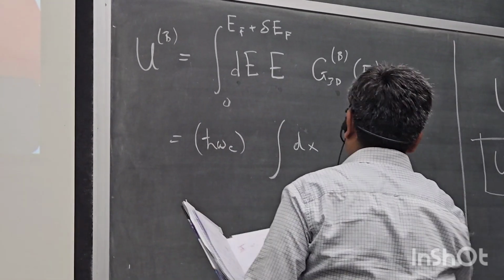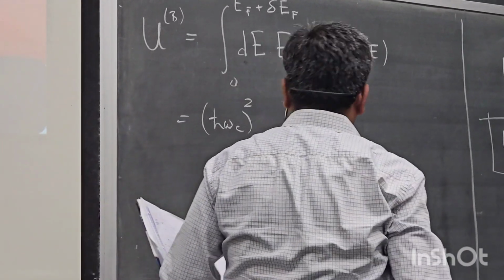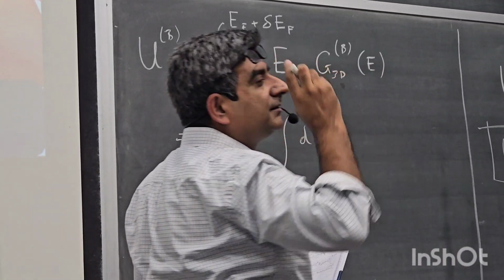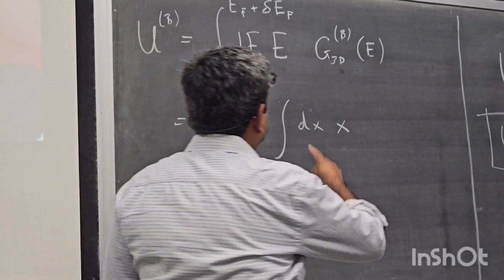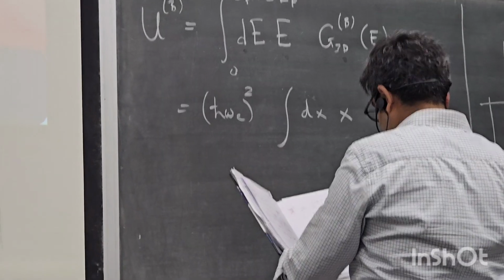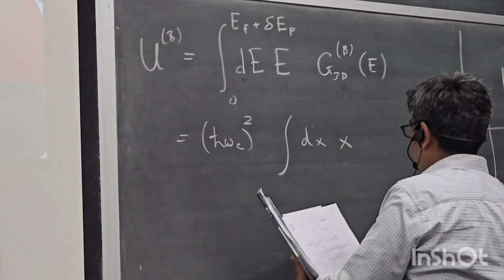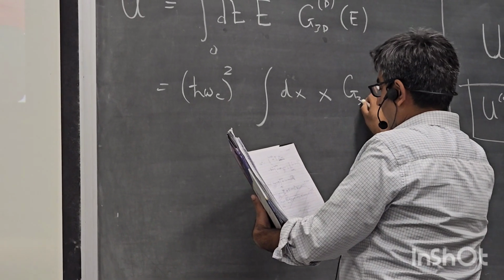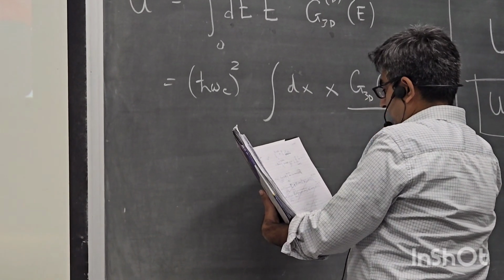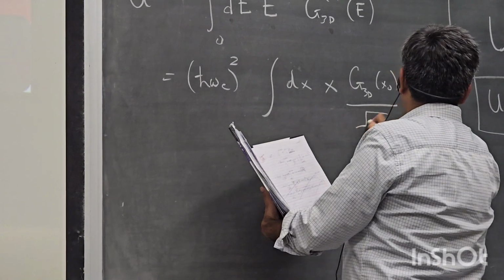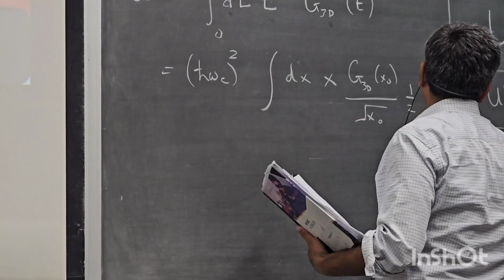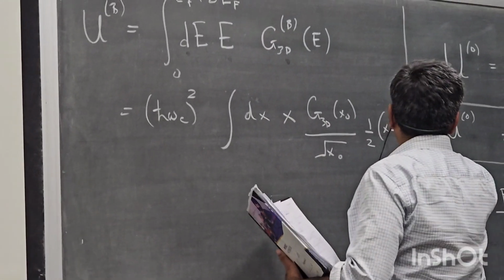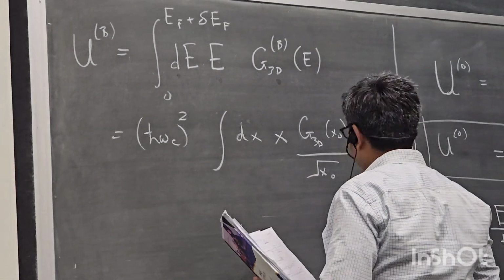This E gives me another h bar omega c, and I also get an x. And this three-dimensional density of states is, as you already know, given by G3D x naught over 2 times the sum of 1 over the square root of x minus L plus half,